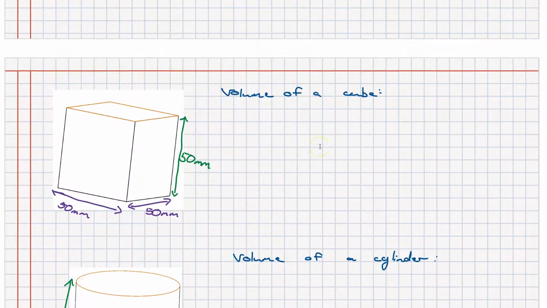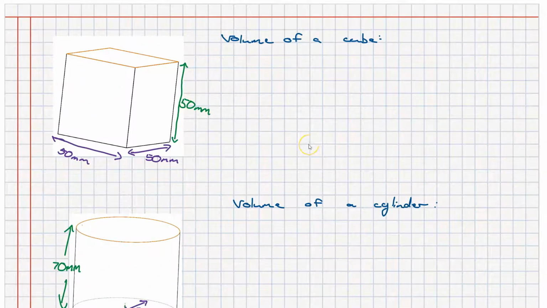So looking up, recall that a cube is a 3D manifestation of a square. If we recall the area of a square, it is the side times the side. For the volume of a cube, it's similar to that in that rather than just being a side times a side, it's a side times a side times a side. So volume is simply the side times the side multiplied by the